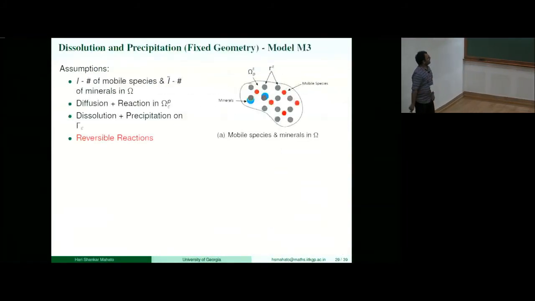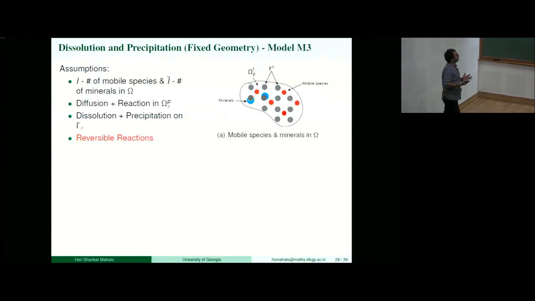Now, the third model where I implemented this homogenization concept was a situation where not only mobile species, but on the surface of the solid parts, you can also have some kind of crystals or immobile species present. That crystal can dissolve in the fluid, hence dissolution, or the reaction can happen on the surface of the interface, and that immobile species will accumulate on the surface, hence precipitation. So you can have dissolution or precipitation, which is the third point here.